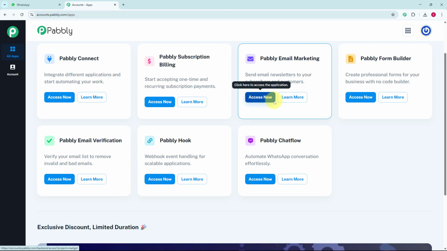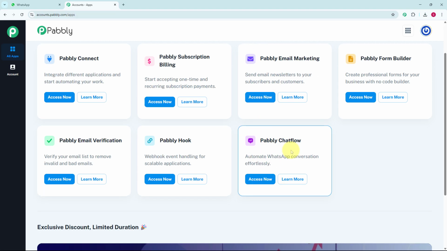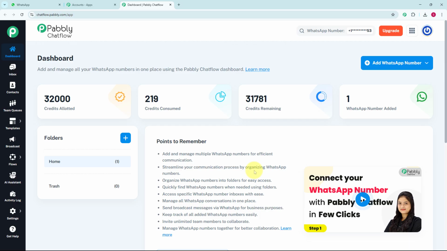You can access any of these apps according to you, but for creating a chatbot, we just need to access the Pabbly Chatflow app. In this Pabbly Chatflow app, here you can see we are getting two buttons, that is access now and learn more. For accessing the Pabbly Chatflow, we just have to click on access now. Once you click on access now, you will get this dashboard page of Pabbly, and here you can see